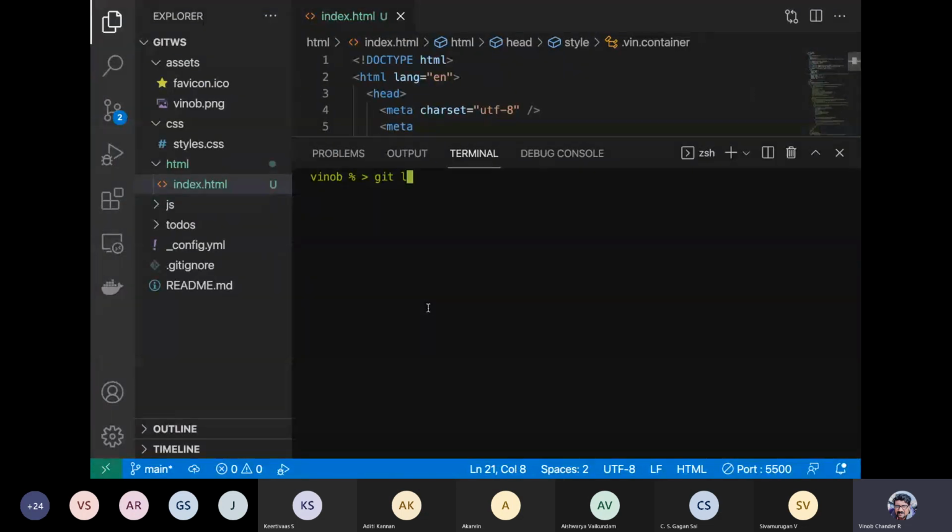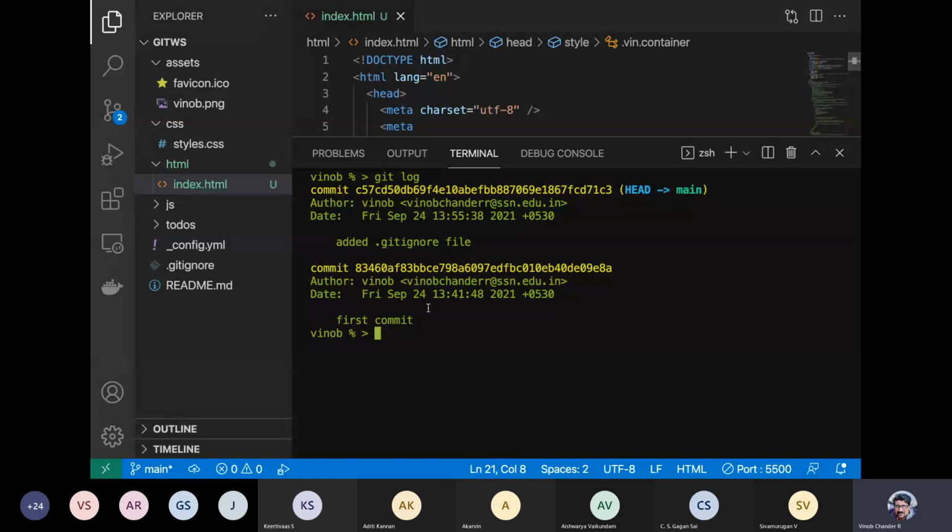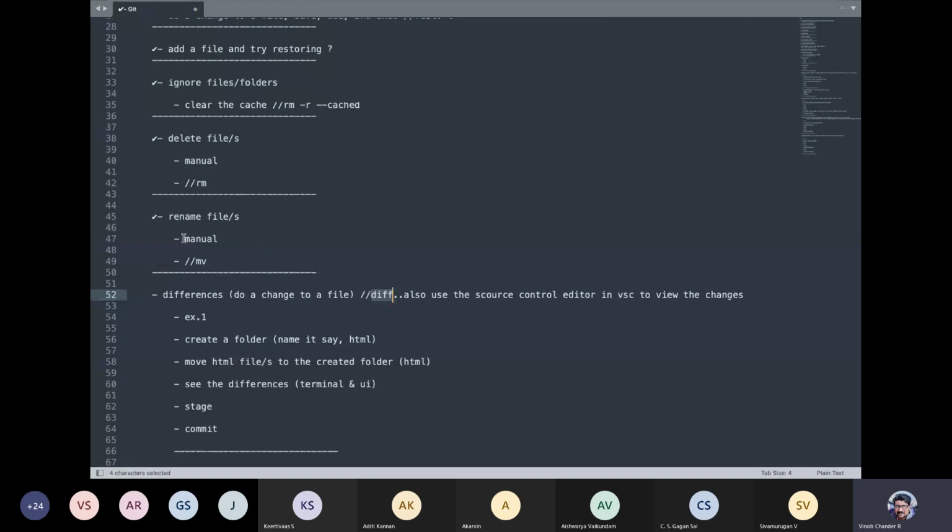Okay, guys, so where are we now? git log, right? So we have two branches. We have seen the difference through the terminal, through the diff. We will get back on that. Through the terminal, you can issue a git diff, but again, with git diff we are not able to see the difference through the terminal. So we need to check on that. Okay, so we'll come back to this.